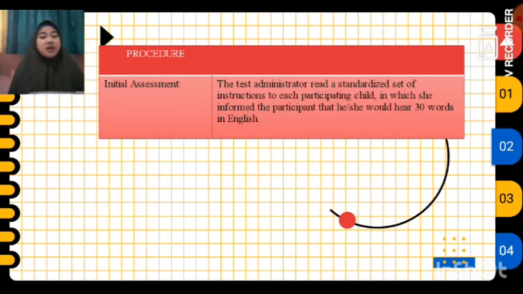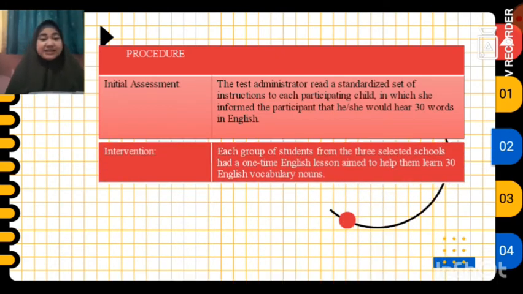Then the pictures were shown in a different order than the previously read words. The images were displayed on booklets. All children were able to identify correctly and say the Persian word for the pictures shown by the test administrator.